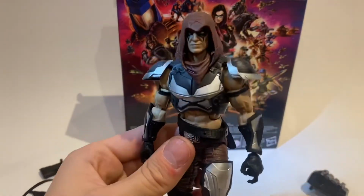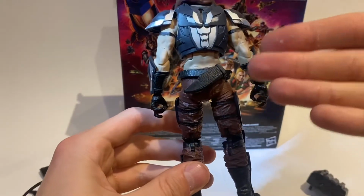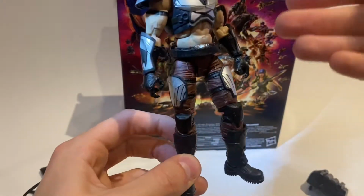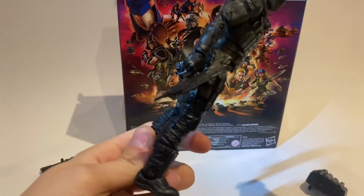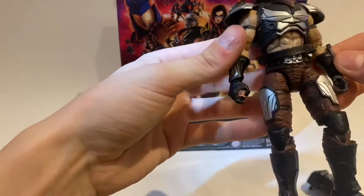So here's the Zartan. Now, if you have the original release, I think this is very similar to him. Obviously, it's the same sculpt, I think, just with a few differences in color. Pinless, which I don't know if that's... Well, of the other G.I. Joe figures, none of them have been pinless. So here's the Snake Eyes. I'll do a couple comparisons with them. But it's all pinless. Everything's pinless, but...